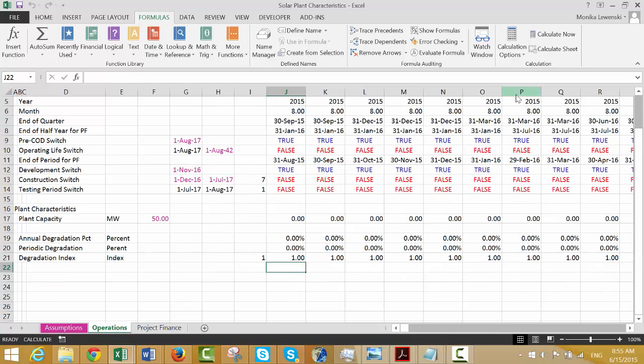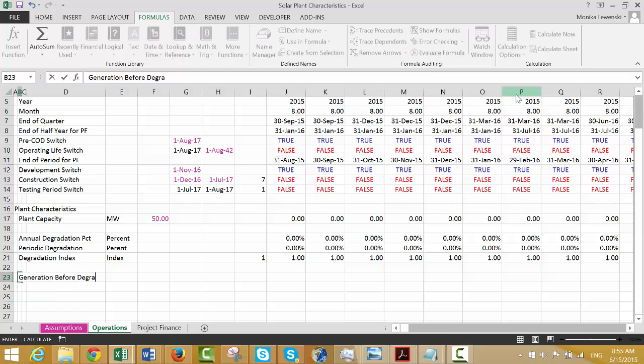So why don't we do it without that? Well, okay, so we can do it here, and then we can put generation before degradation. Okay, better make it a little wider,